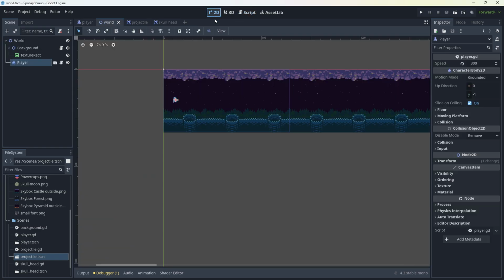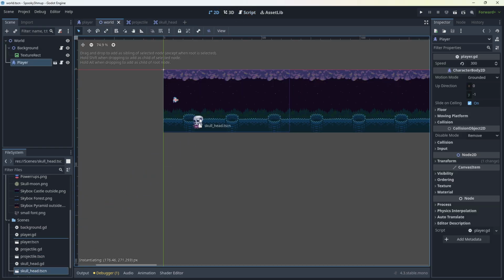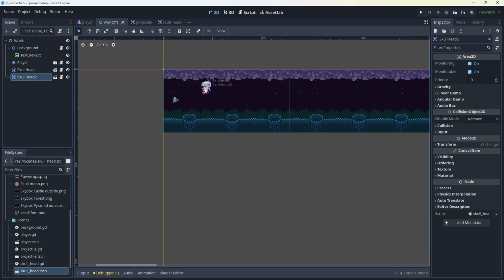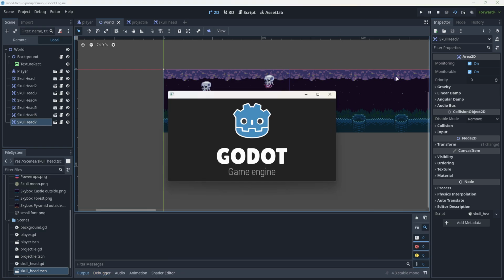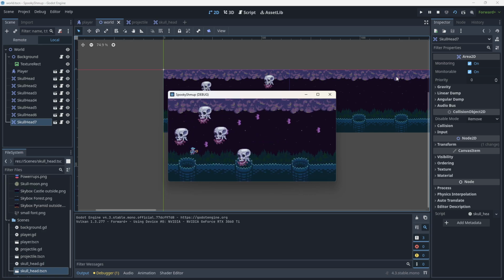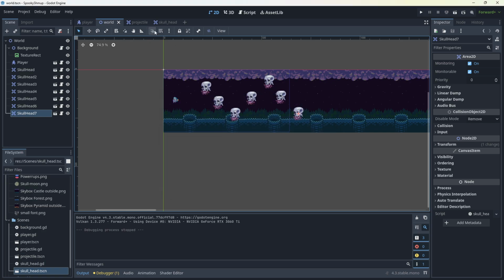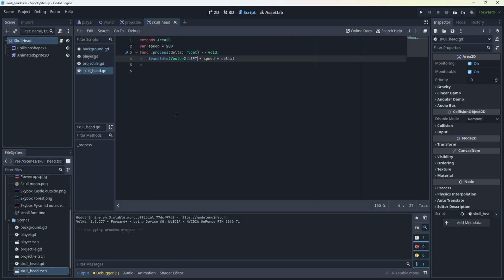Go into my world, add in a bunch of skull heads. Hit play. The skull heads move to the left. There's no collisions yet. If you want them to move in a more interesting manner, you can